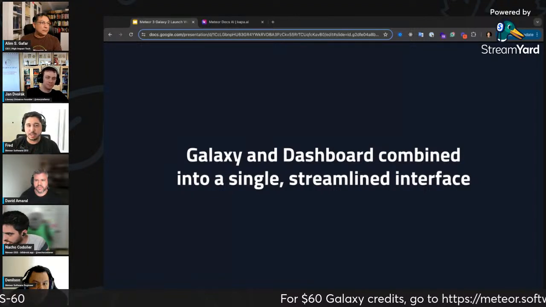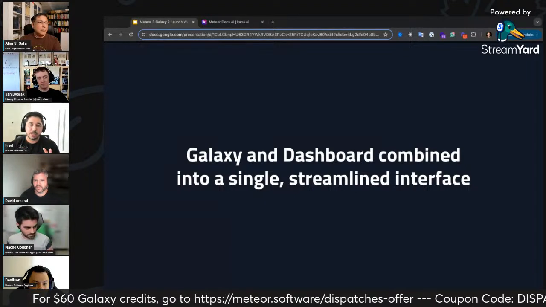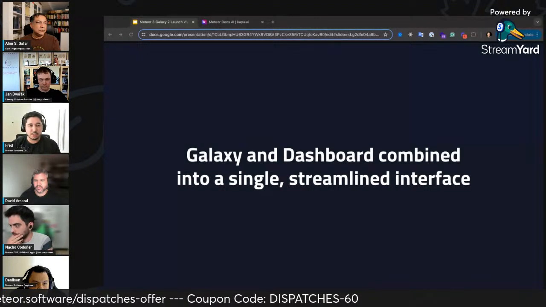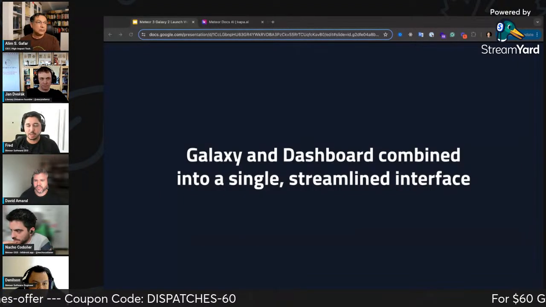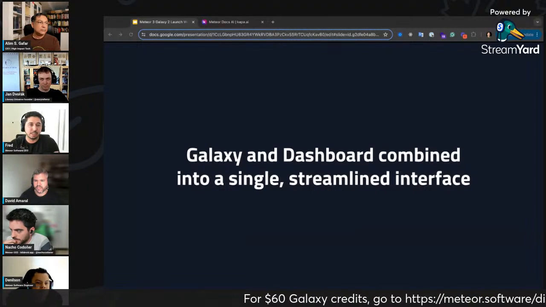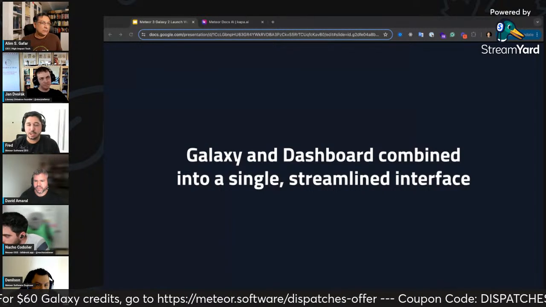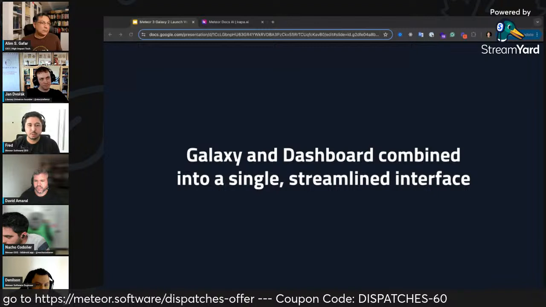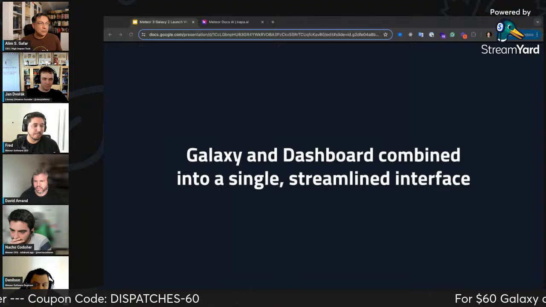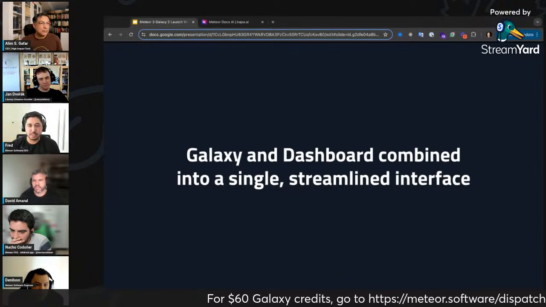The main thing here, and I think some customers don't realize, is that today we have two different systems in use: a dashboard and Galaxy. The dashboard is kind of a new thing, created a few years ago, and the idea was to centralize everything in that dashboard. But we actually ended up with two different systems, two different ways of navigation, two different styles. So it's not as smooth as it should be. We are now combining both into only one project, and it will be a lot easier to navigate.